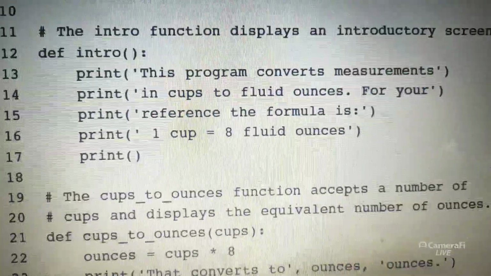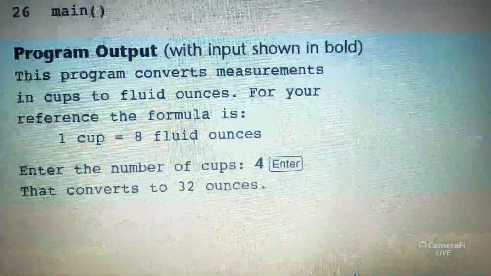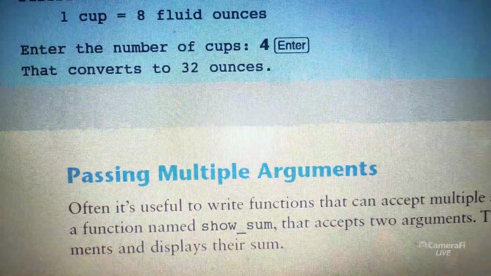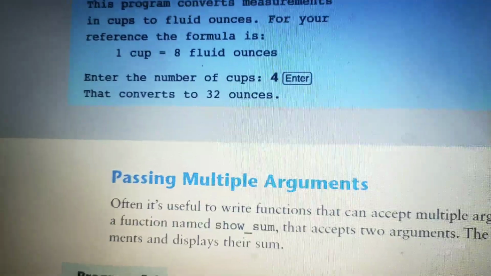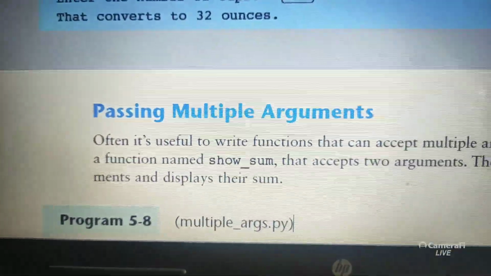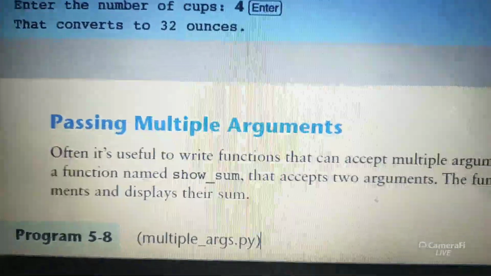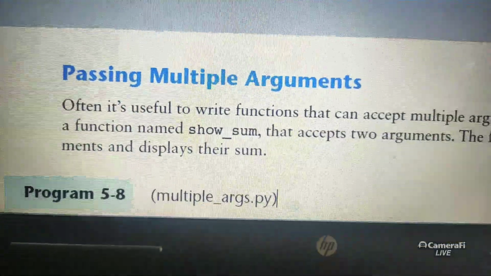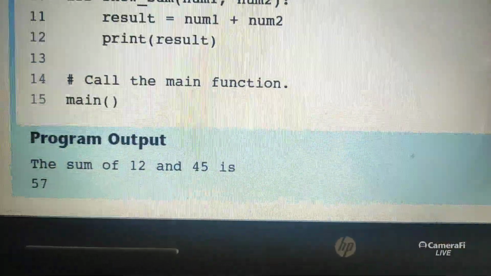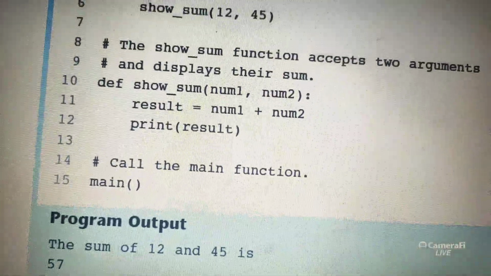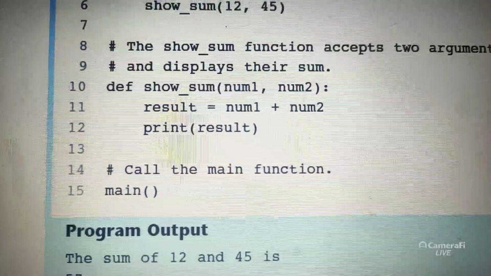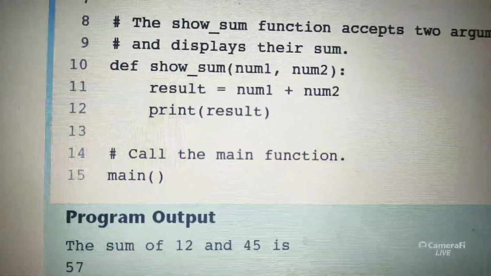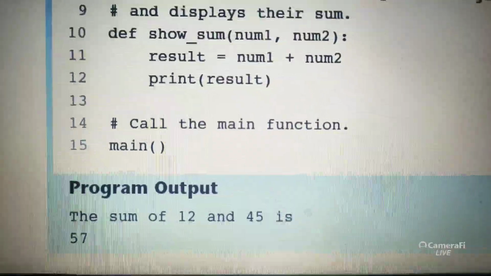So next, scope of the variables, scope of the local variables and scope of the parameters. And before that, passing multiple arguments also may be possible. Multiple means many arguments, more than one argument is possible. Here num1, num2: the previous program is on two variables, two arguments, two parameters. Here two parameters will be passed.